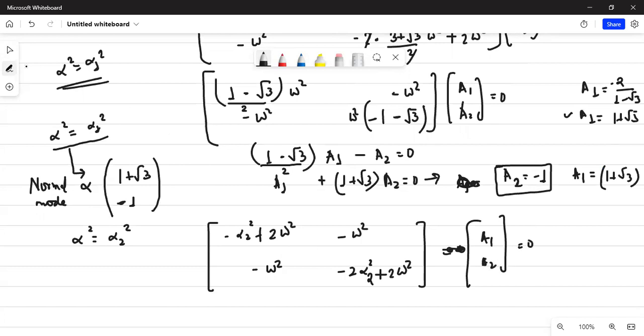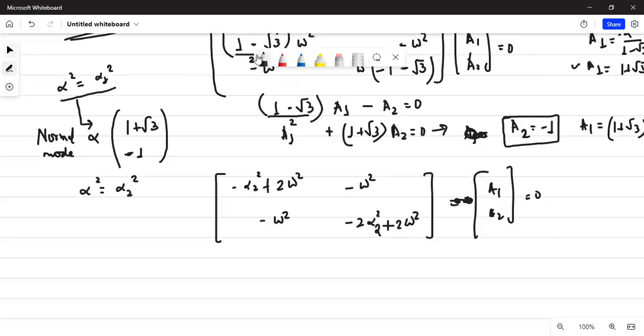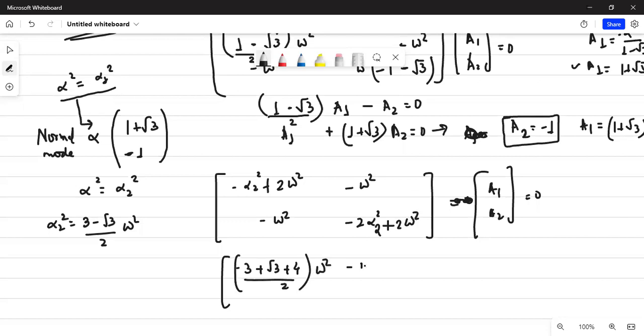Quickly tell me, what will be the a1 and a2? So alpha 2 was, I think, 3 minus root 3. So I'll write alpha 2 square would be 3 minus root 3 upon 2 omega square. So I'll replace it here. It will be minus 3 plus root 3 plus 4 upon 2. And I will write omega square here, and minus omega square here,